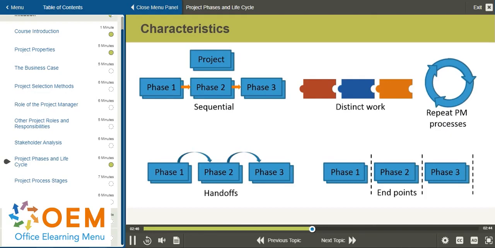Phases in a project have several characteristics. They are sequential. They each involve distinct work. They repeat the project management processes from initiating through closing. They each end with a handoff of work called a